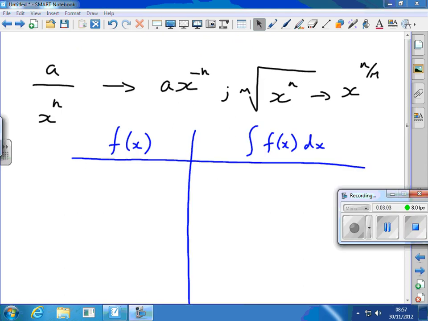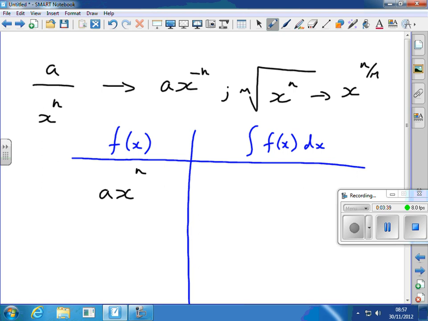Right, so we're going to now put down the table of standard integrals. These two laws of indices will be handy to remember, so bear those in mind. If I've got an inverse, it becomes a negative power, and this root thing becomes x to some fraction. So the function, the first one, the most common function that we're going to use, will be some constant a times x, which is our variable, to the power some power n. So it could be a fraction, it could be a negative number,